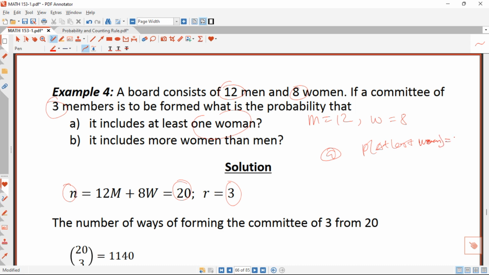The probability of at least 1 woman will be equal to the number of the event divided by our number of sample space. And you could see clearly here that we have to get our number of events and the number of sample space. And the number of sample space here, we are going to apply